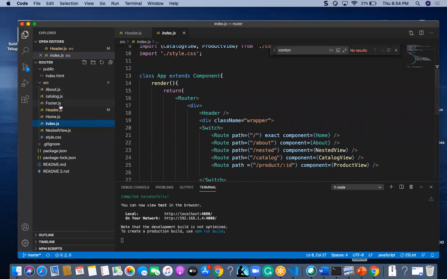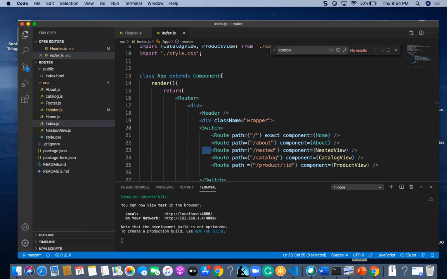Up to now you saw only the components individually, but we don't know from where it is routing, right? We are going to route from the route path slash, route path slash about, and so on. There are two things mandatory for a route: one is path and the other is component.